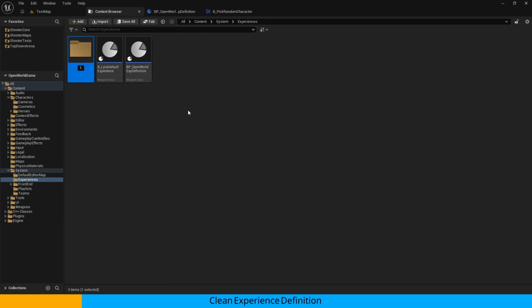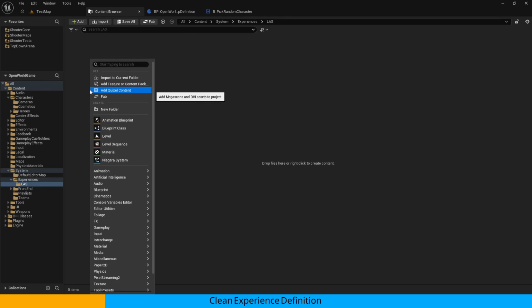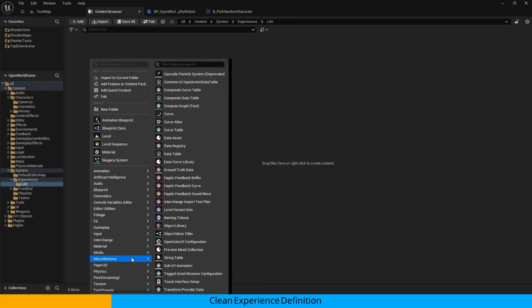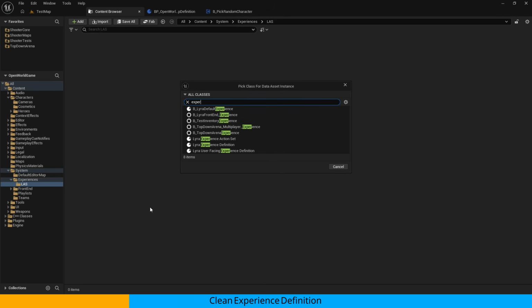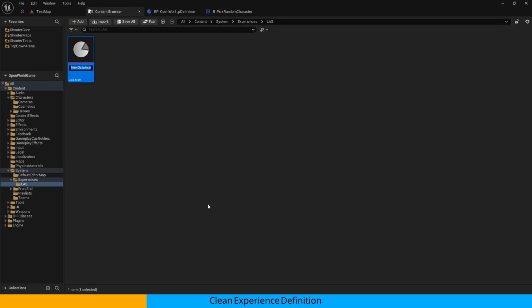Let's call it Lyra action sets. So let's just come to the data asset and look for experience action set, and here we're gonna make a class as action set,